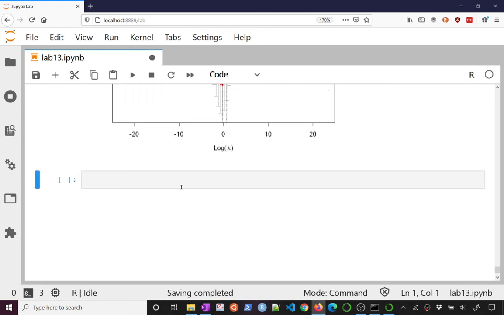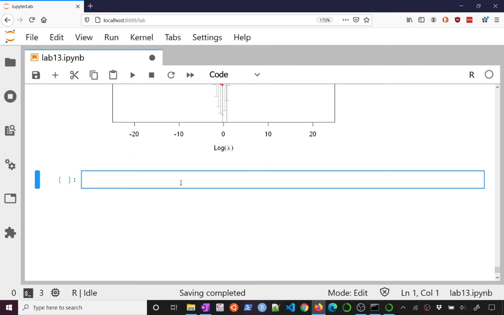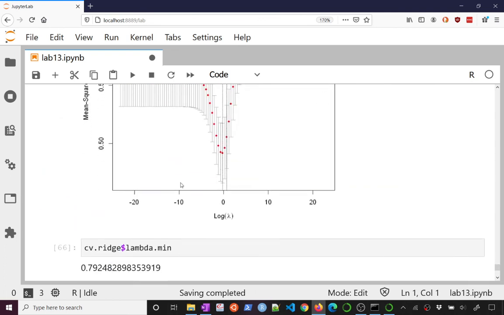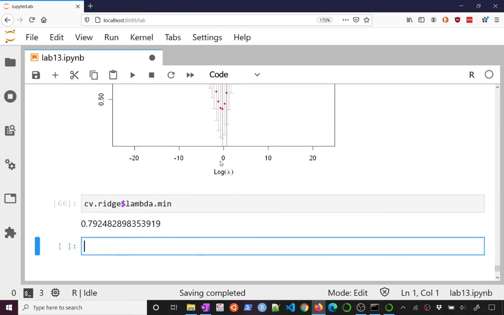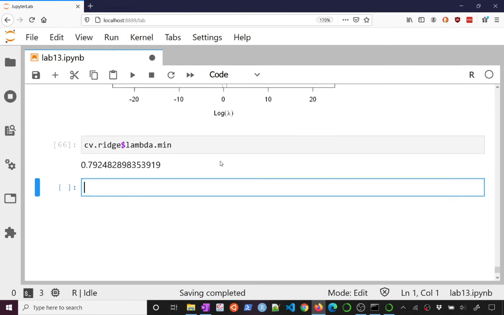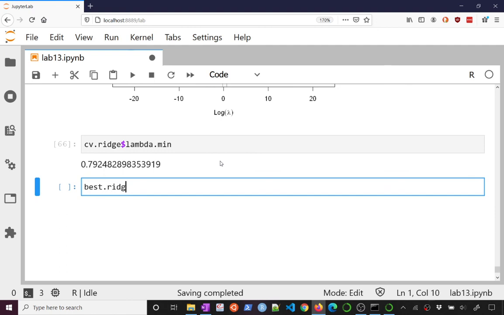And you can actually get out the minimum value here. So cv.ridge$lambda.min will give me the value that it estimates as minimizing. So it's basically the minimizing value here. So that's cool. So that's kind of an inbuilt cross-validation. We don't really need to work too hard. And so we can form our final model, our best ridge model,